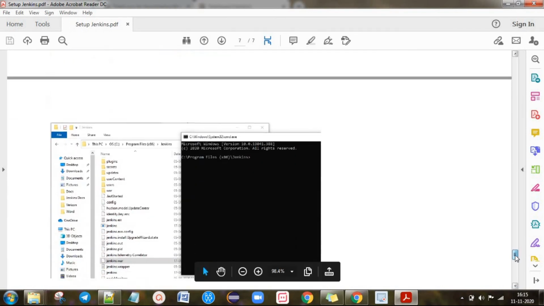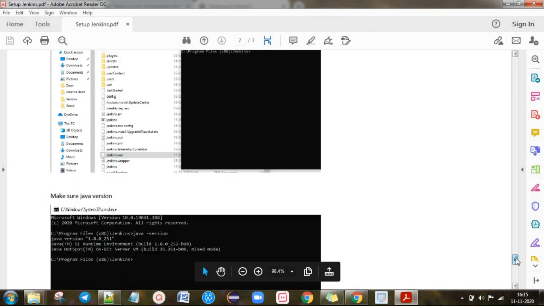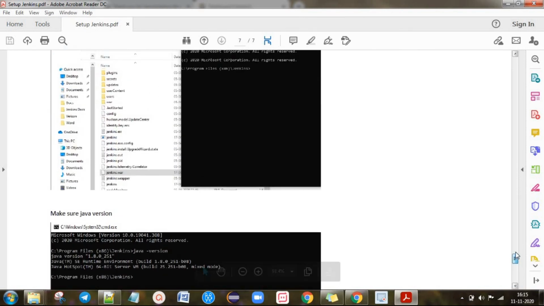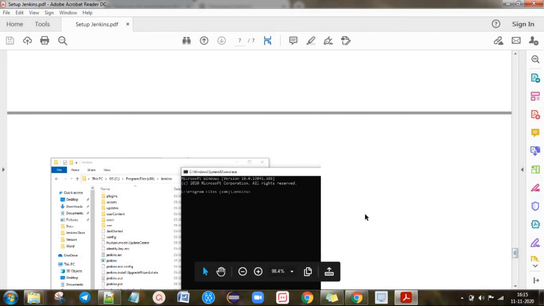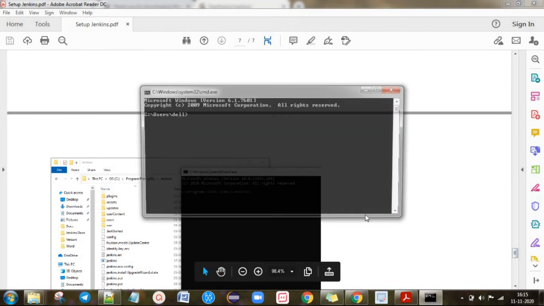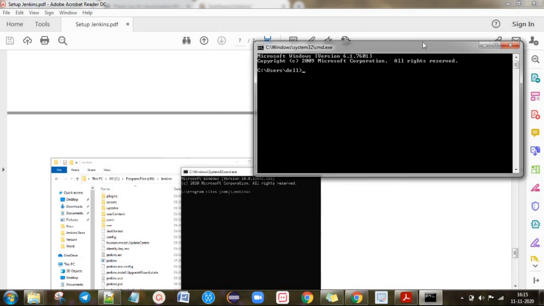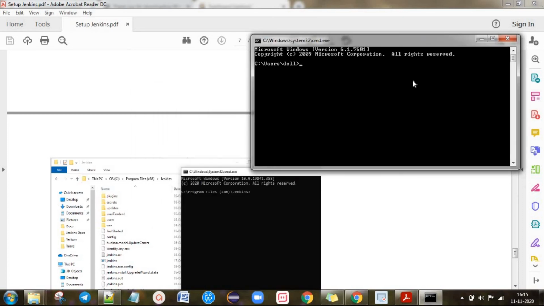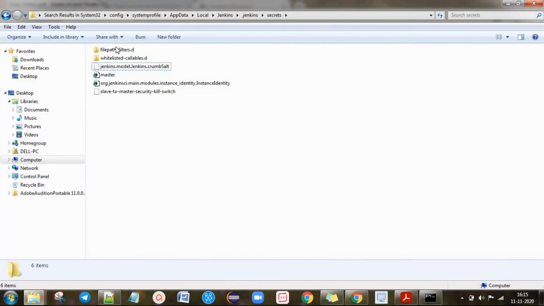Okay, next we have to check properly whether it is installed or not, right? So you have to open the command prompt. Here you can open the Jenkins section. Where we have the Jenkins folder, go to here.